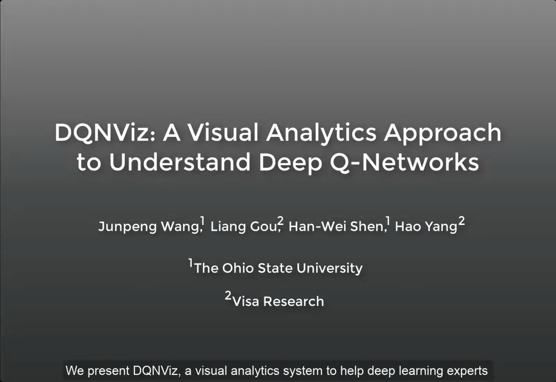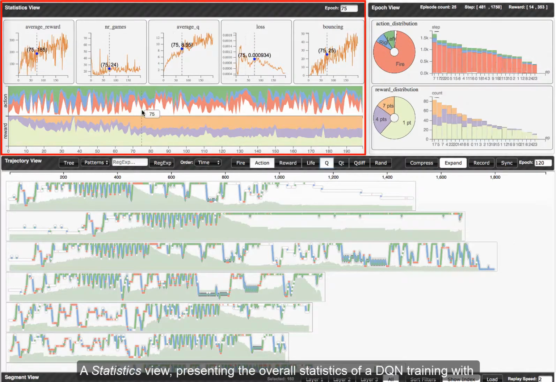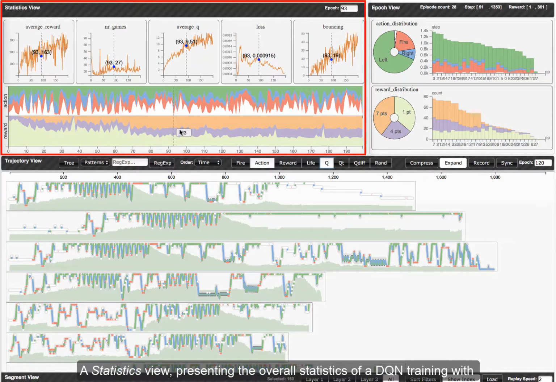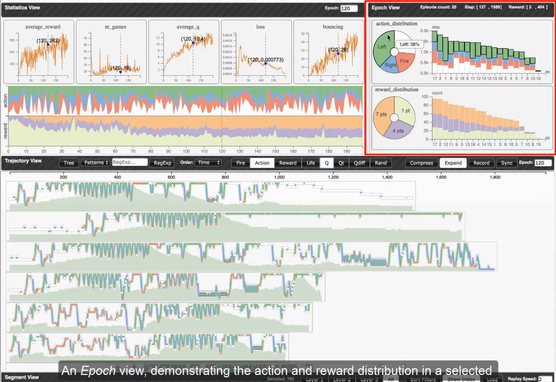We present DQNViz, a visual analytics system to help deep learning experts to understand, diagnose, and potentially improve deep Q networks. DQNViz consists of the following four components: a statistics view presenting the overall statistics of a DQN training with small multiples of line charts and stacked area charts,